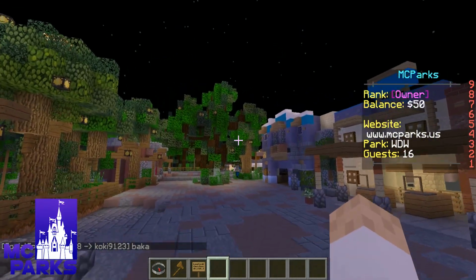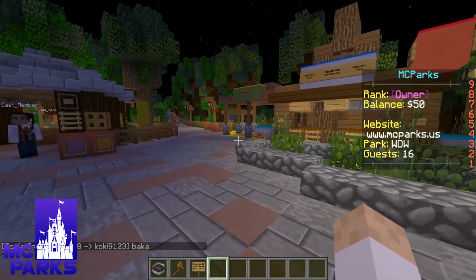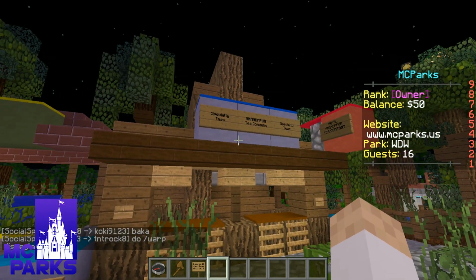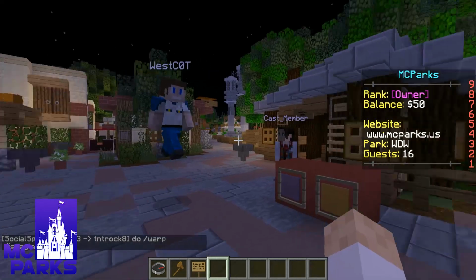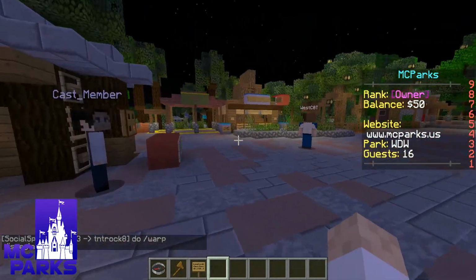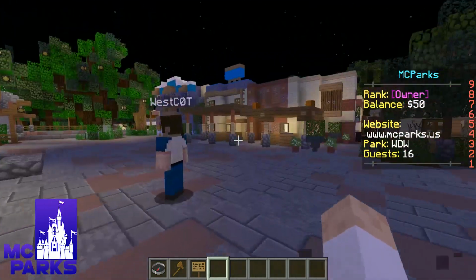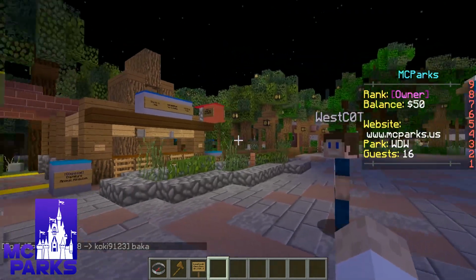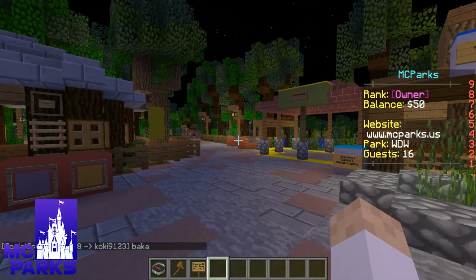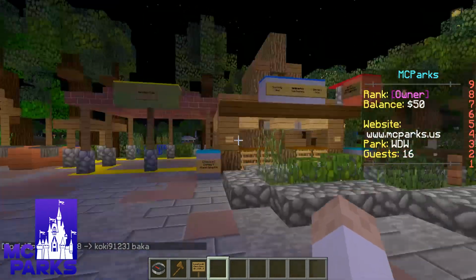Come over here. Woohoo. The Edinburgh Tea Company. Good stuff. It's another pin station. Yeah, and something interesting about this area is that as you see on the right here, that pathway veers up towards Expedition Everest. Right. And as you go along that path,